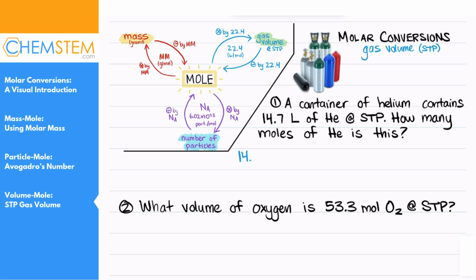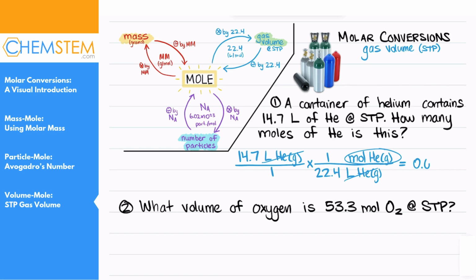So we have 14.7 liters of helium gas over 1. And I'm going to go and cancel out liters of helium gas. I'm going to put that in the denominator, liters of helium gas. And I'm going to convert that to moles of the helium gas. I like to be very explicit with how I label things usually so I don't get confused and whoever's reading it doesn't get confused. So that's why I put all the extra stuff after the L and the MOL. So 1 mole of any gas, in this case helium gas, occupies a volume of 22.4 liters of space at STP. So our units are going to cancel top and bottom here,